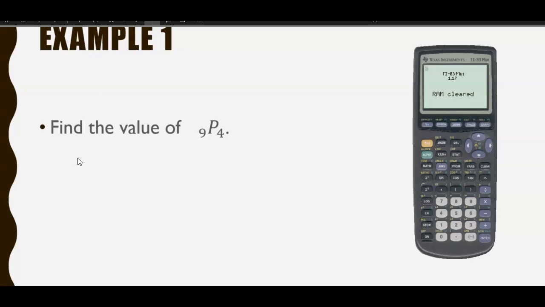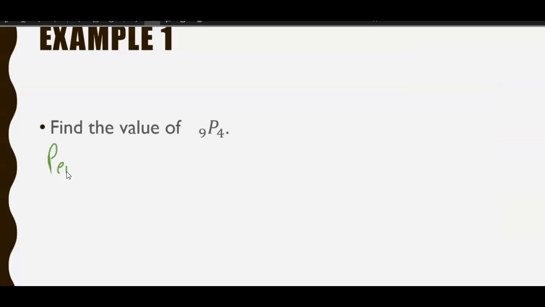Find the probability of 9 permutation 4. So in this section, we're talking about counting techniques. We're talking about permutations and combinations. Biggest difference, a permutation